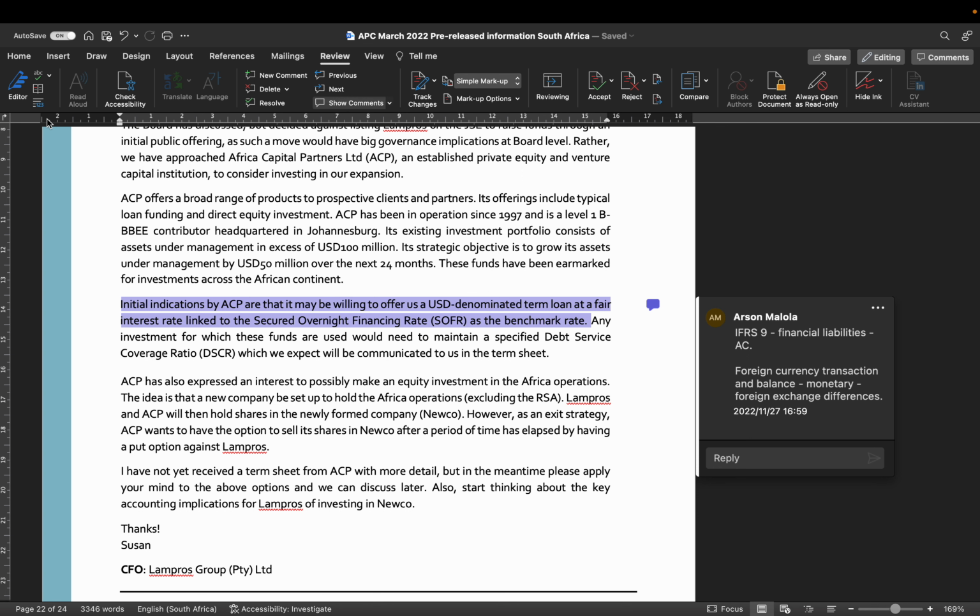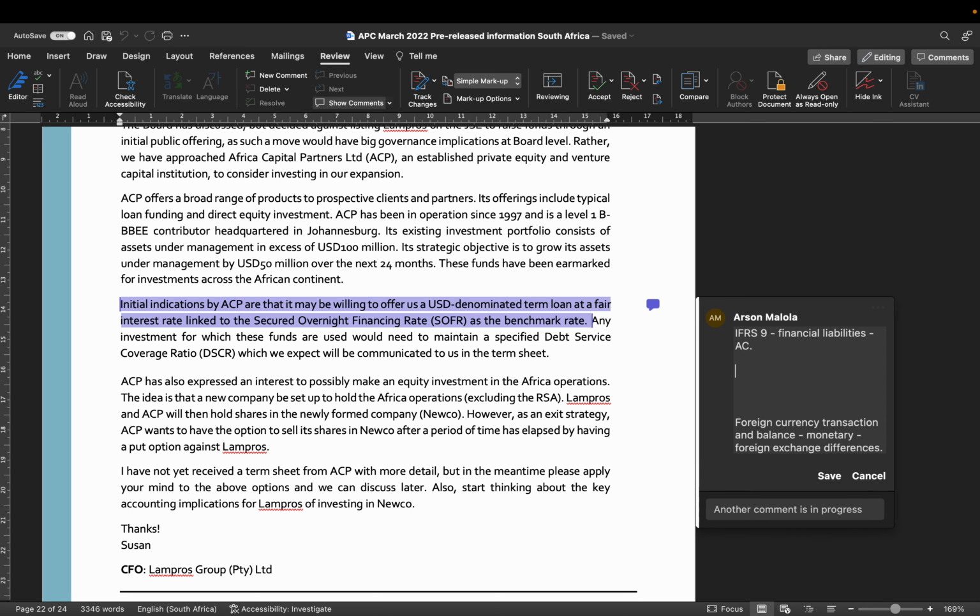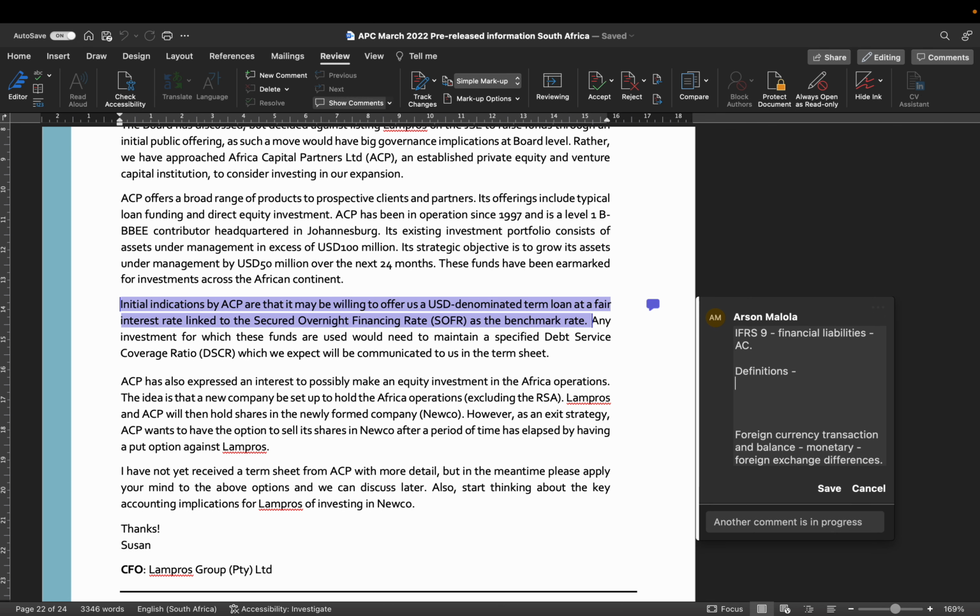Okay, so in your research, be sure to, again, in a table format, I much prefer table format. On the left-hand side, you have all the requirements of IFRS 9, starting from, and when I speak about all the requirements from IFRS 9, right, you need to have the definitions, right? So apply the definition. Yes, it's straightforward, right? But do it in your research. Left-hand side, have the definition of financial liability, right? And the most important bit is that a contractual obligation to pay cash. And then go ahead and apply it in this context, right? In this context, it would be definitely met, right? So it's quite easy to meet, right?